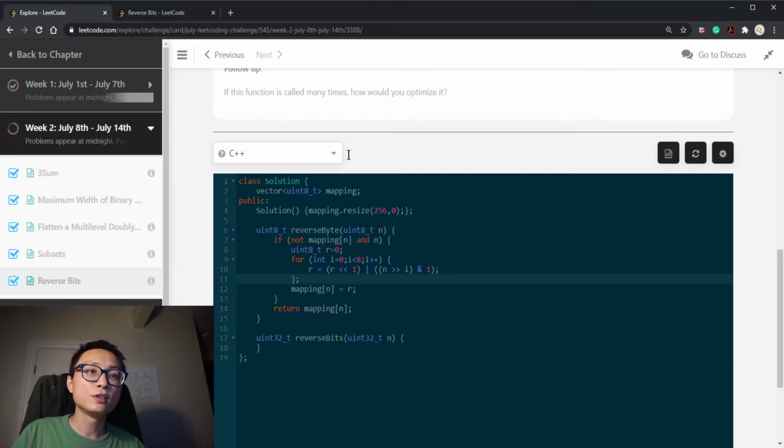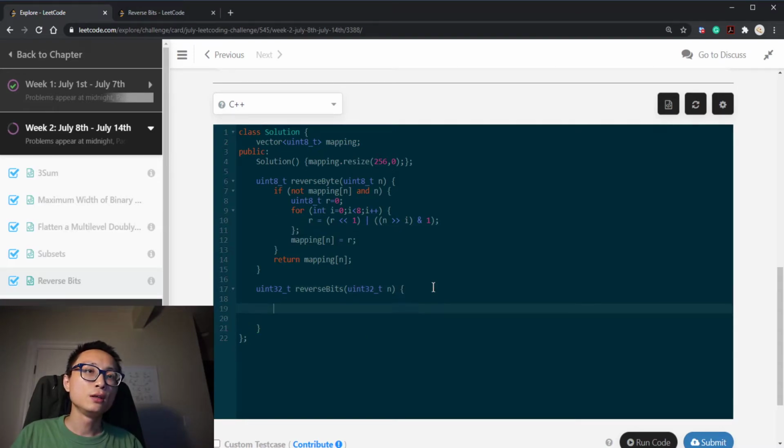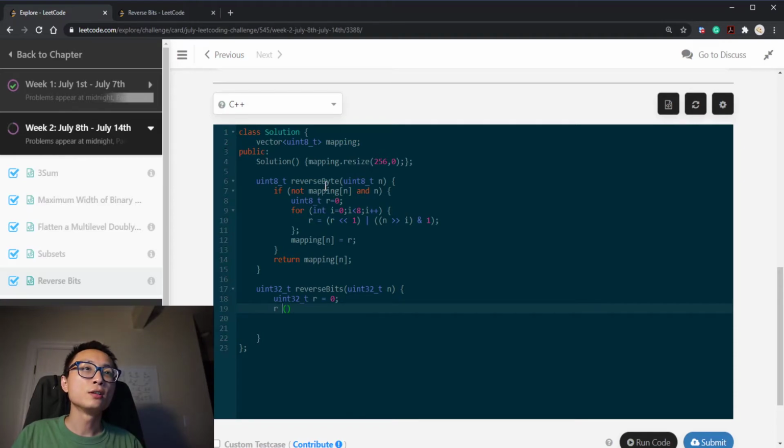So that converts the original reverse bits into reverse bytes. Reverse byte is an 8-bit chunk of the input. The math logic here is going to be the divide and conquer thing. So what we're going to do is first pass the rightmost 8 bits, a single byte, extract those and pass that